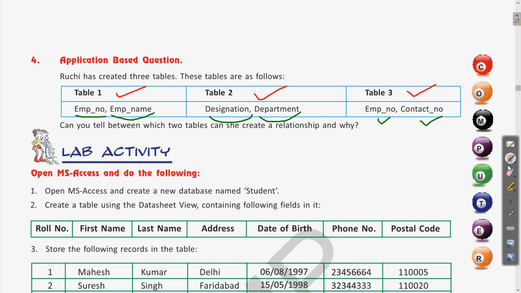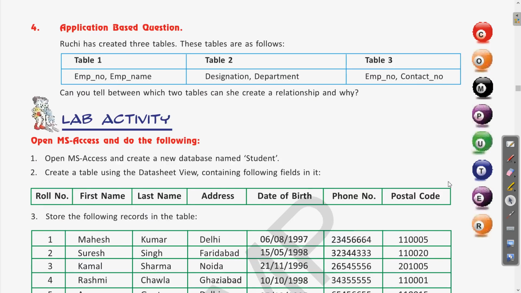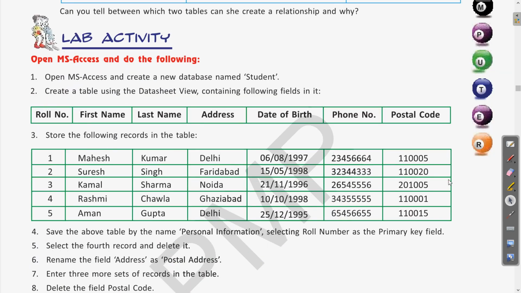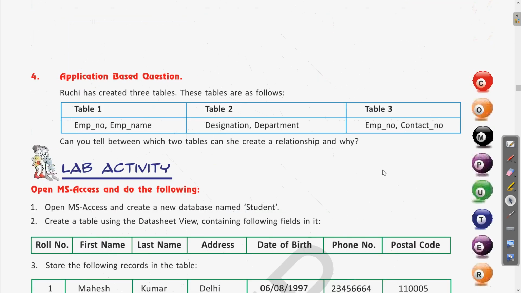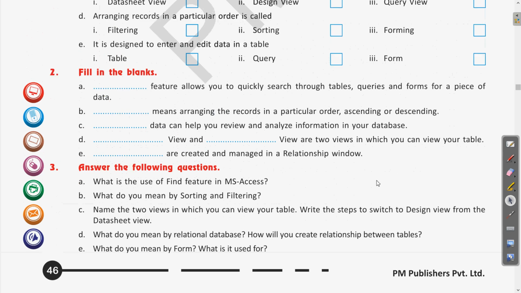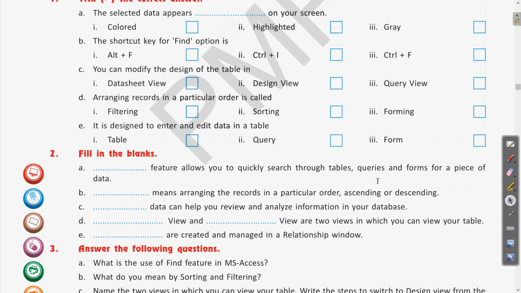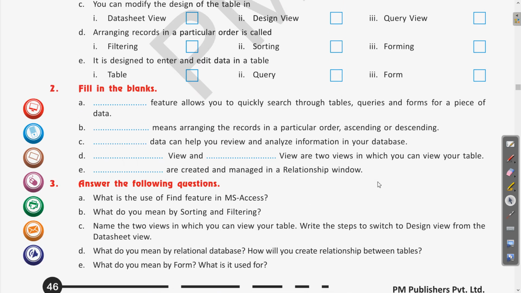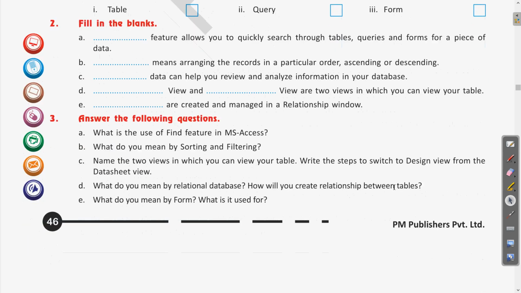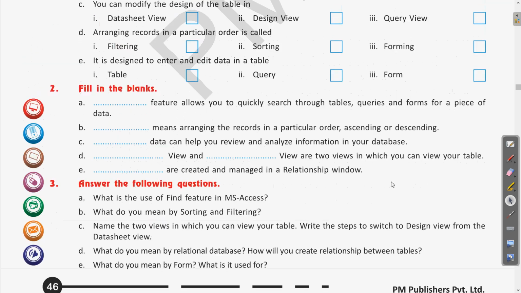Okay, then there is the lab activity. The lab activity we have almost covered while explaining the chapter. Even then, whatever difficulty you are facing, if you are trying to do these questions by yourself, we will cover these questions as well in the online class. Okay, till then complete the exercises, whatever questions we have just seen, and if there is any confusion or difficulty, you can pause it to note it down. So let us meet in the next class and discuss the lab activity and the application based questions there.